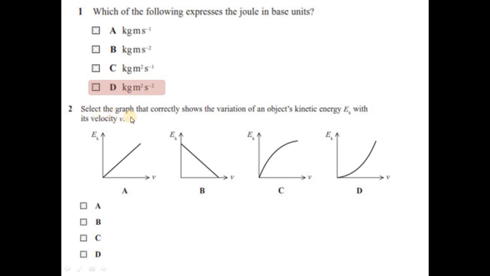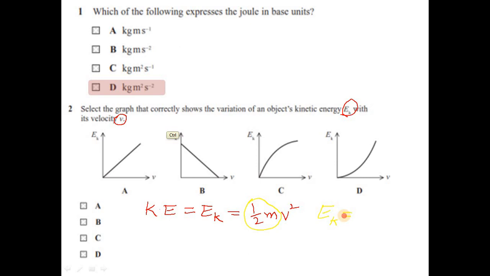Question number 2. Select the graph that correctly shows the variation of an object's kinetic energy with velocity. Okay, so you need to see the graph between kinetic energy and velocity. Now let's look at the equation that relates these two, which is kinetic energy Ke, or you can say Ek as they are writing in the question. So Ek is half m v square. Since during the motion the mass of the object stays constant,